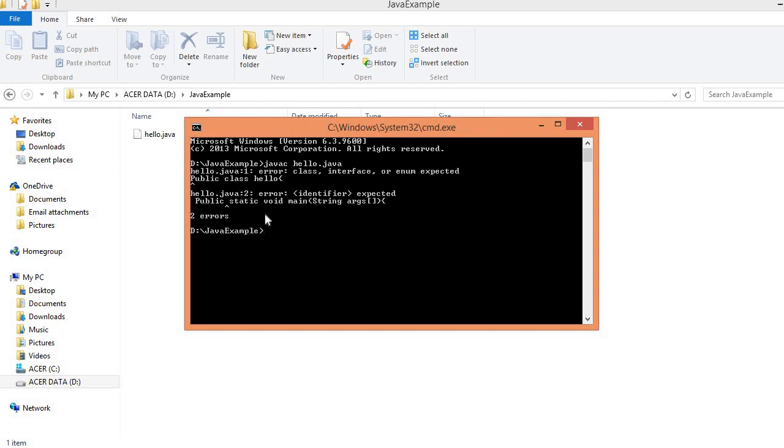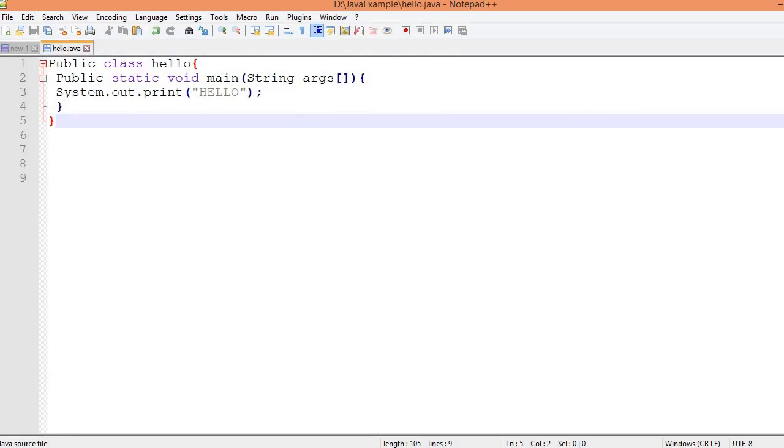Now what is it saying? Hello.java error: class, interface or enum expected. Public class hello, public, and then yeah. So go to the program and see what mistake we have made.